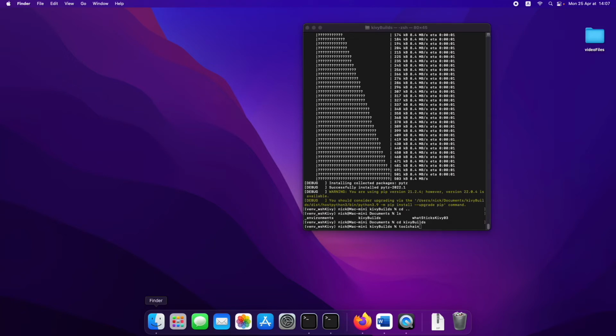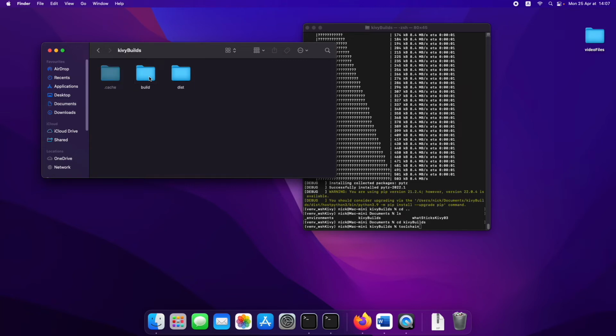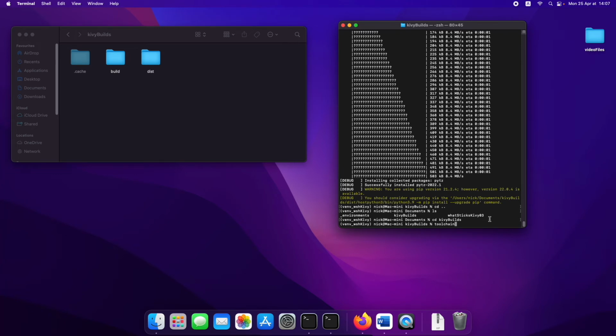Okay, so here actually, I'm just going to show you. Right now, in Kivy builds, because we've been building stuff, these folders showed up. But now, when I do this Toolchain build, I'm going to use Toolchain create. I'm going to call it What Sticks Health. Actually, I'm going to do 11 because I've still got a few on my phone. So 11,